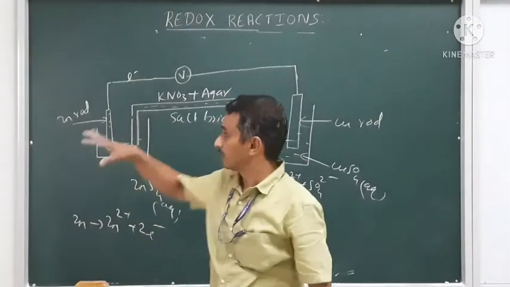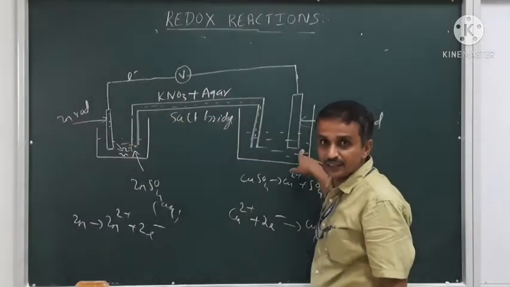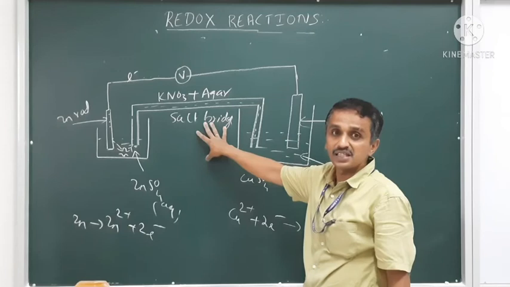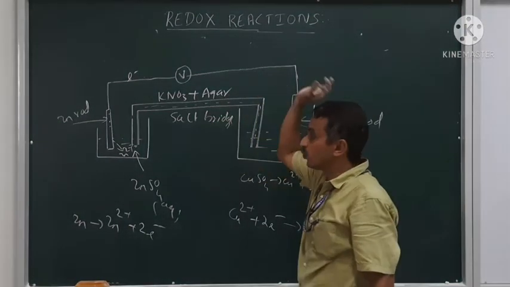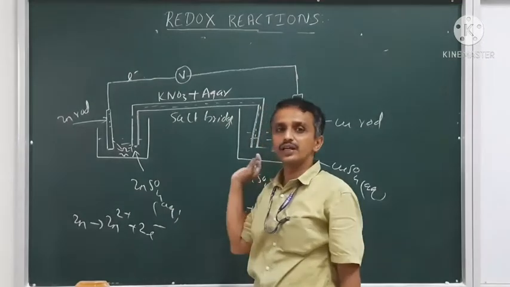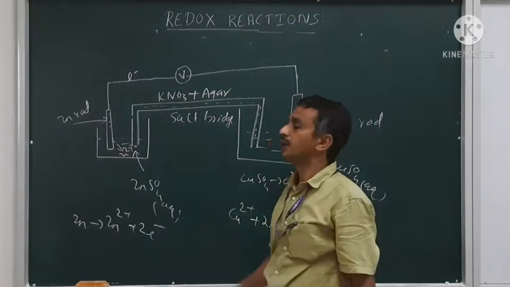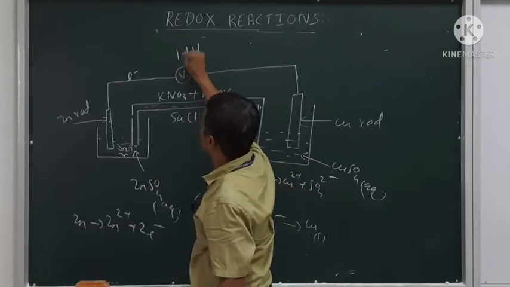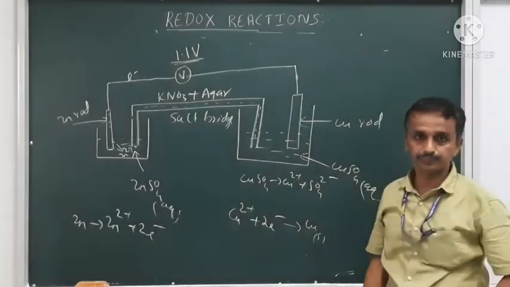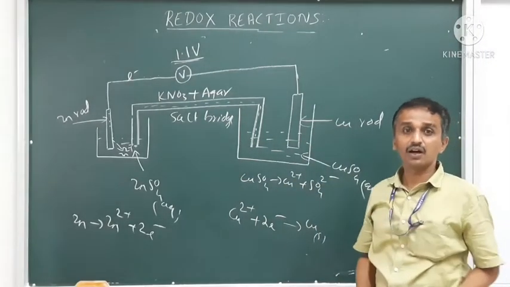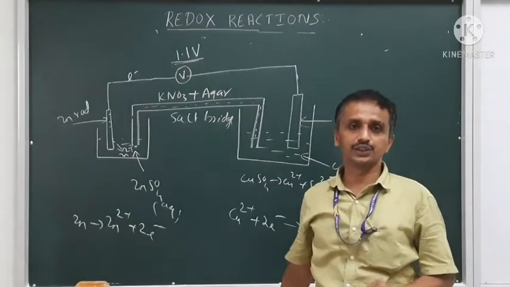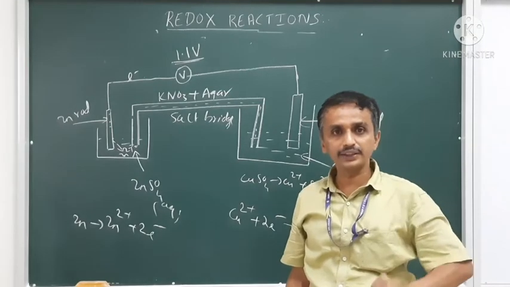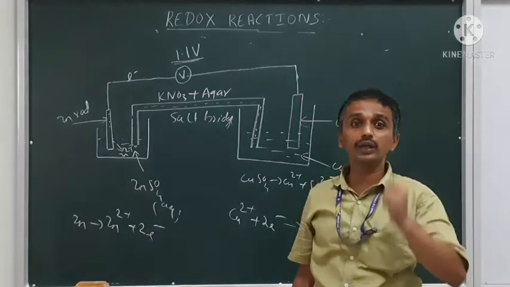And remember, when the copper and the zinc are connected like this with the voltmeter and the salt bridge, we call it as galvanic cell. And when the copper and the zinc rods are there, it is called as Daniell cell also. And if this connection is done, I am going to get an EMF of 1.1 volt also. And this type of cells are called as electrochemical cells. Galvanic cell, Daniell cell, they are the electrochemical cell.